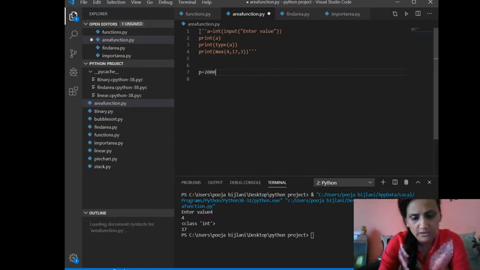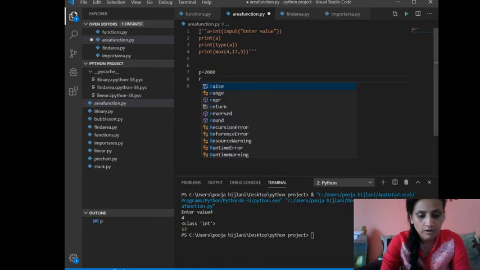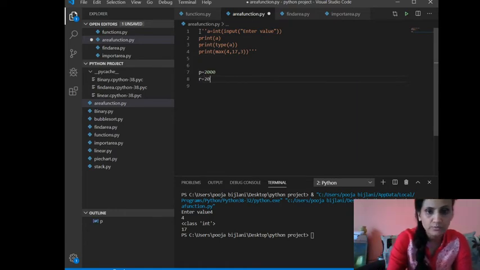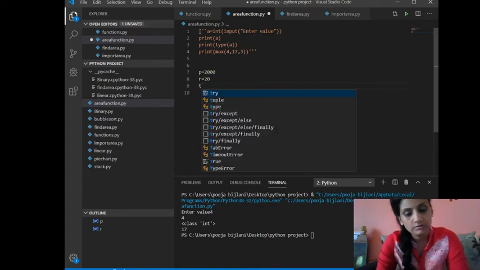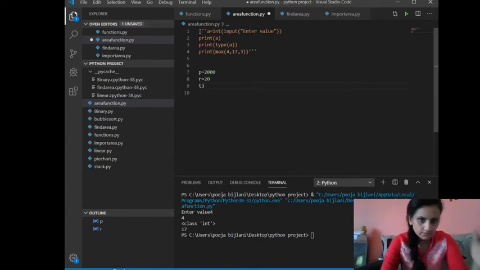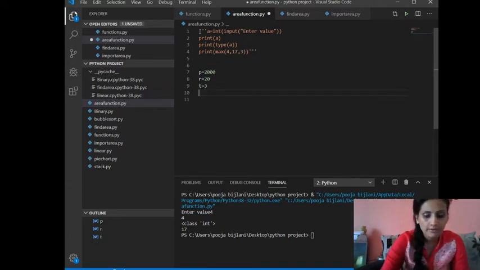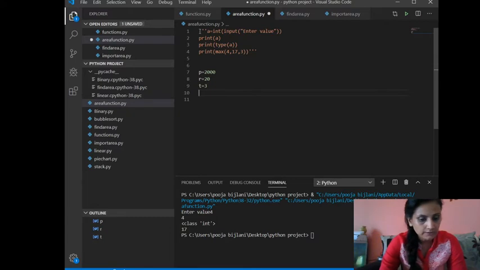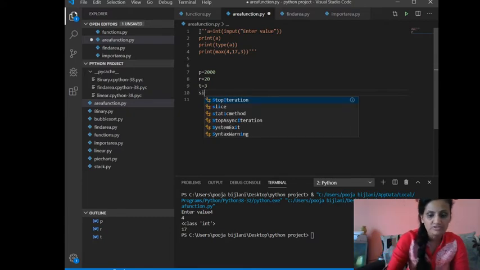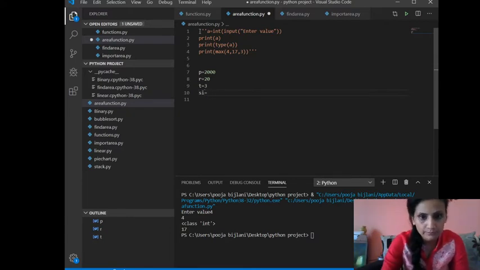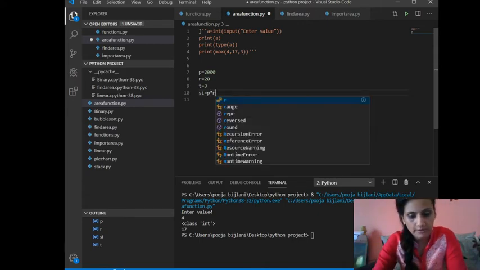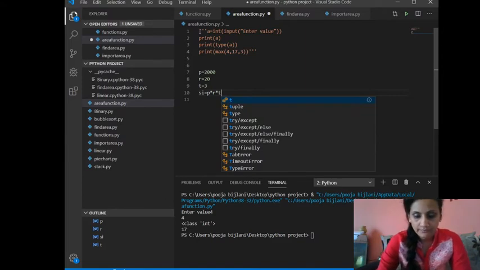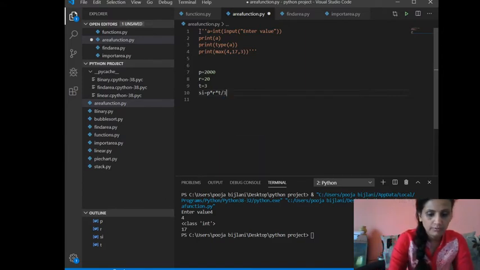We are initializing right away here. Rate I am taking as 20%, then time I am taking to be 3 years. Okay, and if I want the answer here, I can take a variable, or straight away I can print also. SI, I am taking P into R into T upon 100.